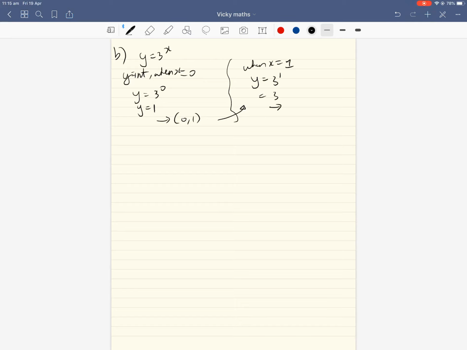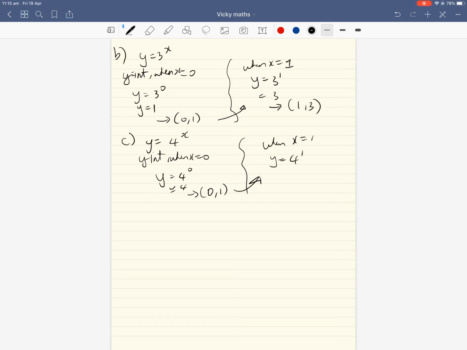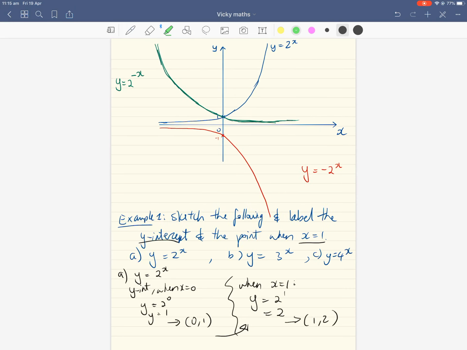3 to the 1 equals 3, so I get the point (1, 3). And then the other graph is y equals 4 to the x. For the y-intercept, when x equals 0, y equals 4 to the 0, which is 1, so we get the point (0, 1). And when x equals 1, y equals 4 to the 1, which is 4, so we get the point (1, 4). So essentially we have 1, 2, 3, 4, 5, 6 points to help us plot our